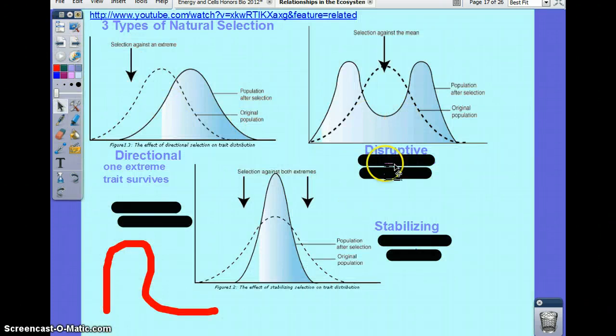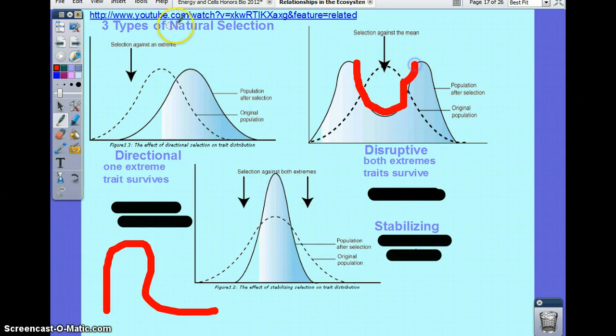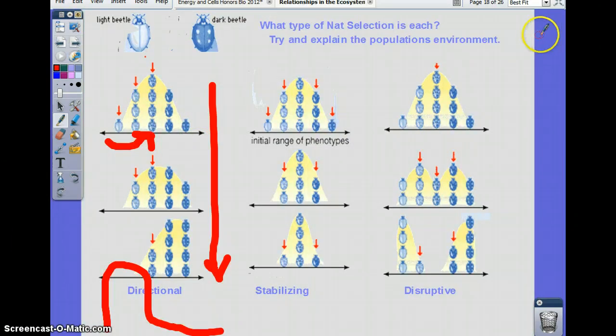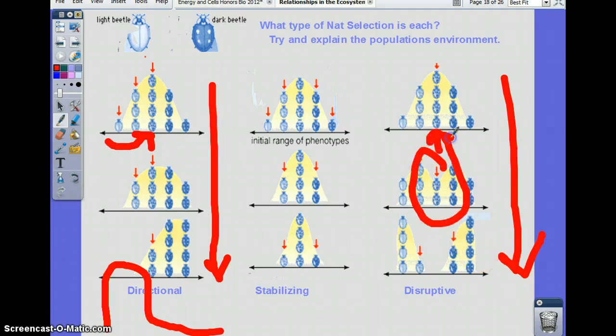In disruptive, the extremes on the curve are the survivals. The average trait kind of disappears. And if you look at this word, disruptive has a U in the word, and this is a U-shaped curve when you look at it. So try to remember that when you study. Here's an example of disruptive, this third curve right here. In disruptive, again, perfect scenario of original population. Something happens over time. So in this case, light blue flowers and dark blue flowers dominated. So the average species, which would be right here, the middle man, disappears, and only the 2 extremes survive. U-shaped curve.